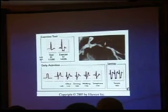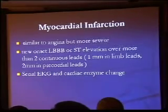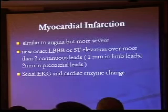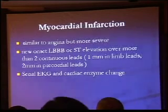Well, this is the usual etiopathogenesis, and at rest, as we see, there could be no ECG changes, and as the patient exercises, there could be ECG changes in the form of ST segment depression, and this is seen on the coronary angiogram as obstruction in the coronary artery, if we correlate this with the coronary angiogram. Now, going to myocardial infarction, which is the life-threatening complication, the pain quality is similar to that of angina, but